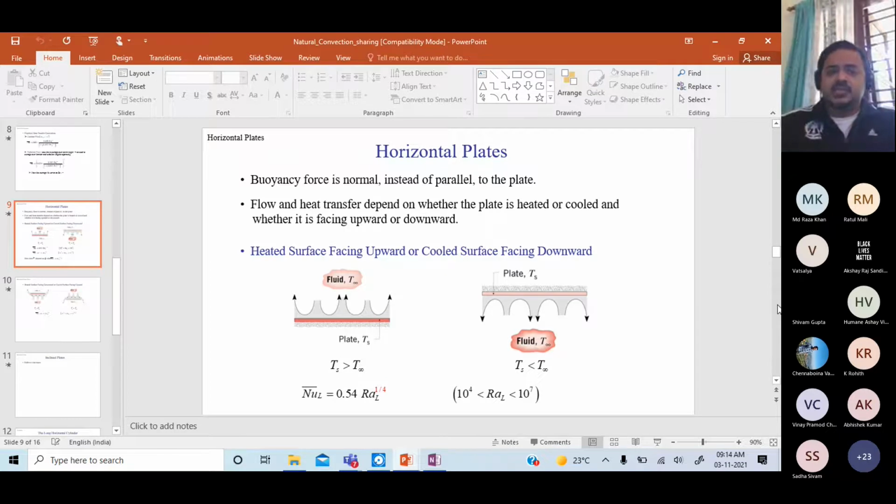So therefore, for a horizontal surface, it is very important to note what the orientation is. For forced convection, it doesn't matter whether the flow is at the top or the bottom, because that is its flow. But here it's gravity assisted flow, so the direction is important. So for a hot surface facing up or a cold surface facing down, which are equivalent conditions,